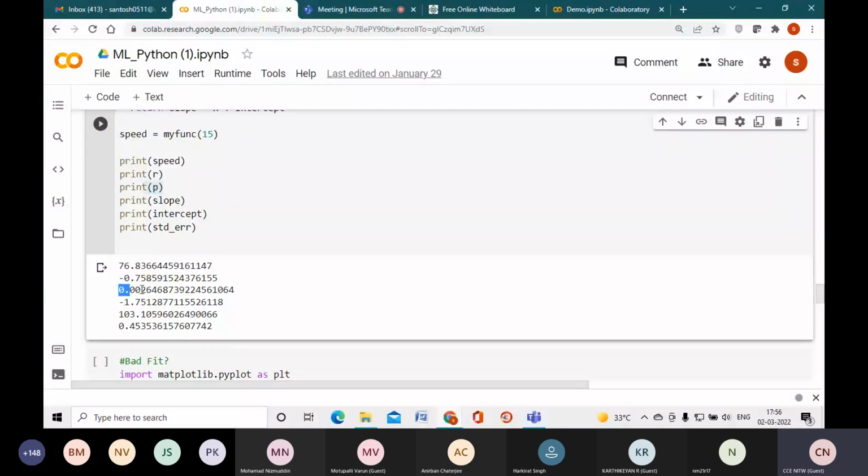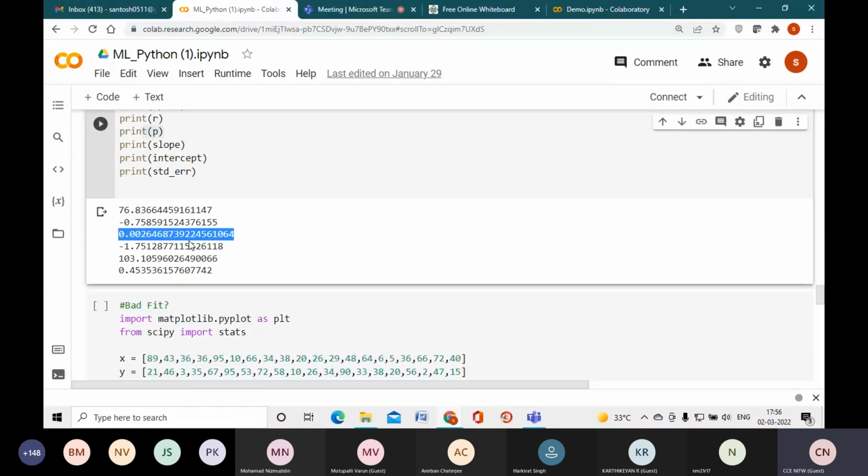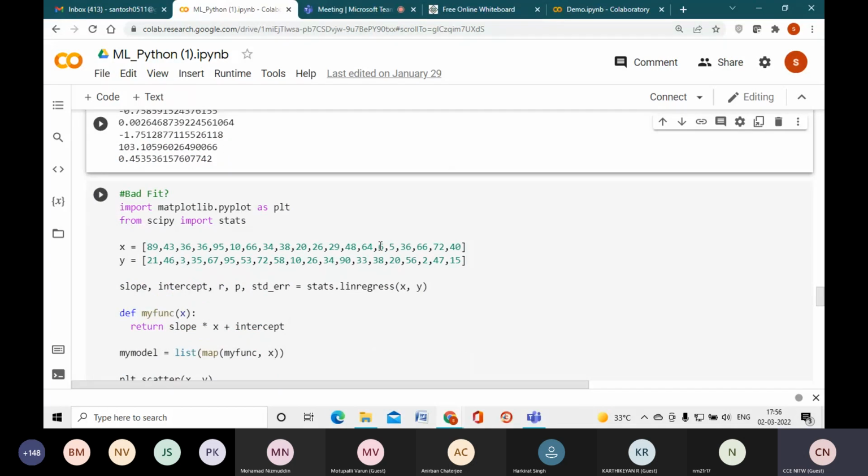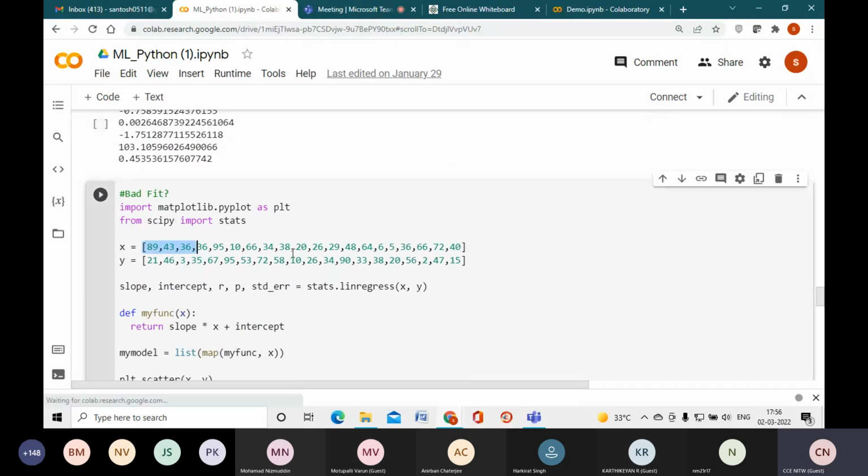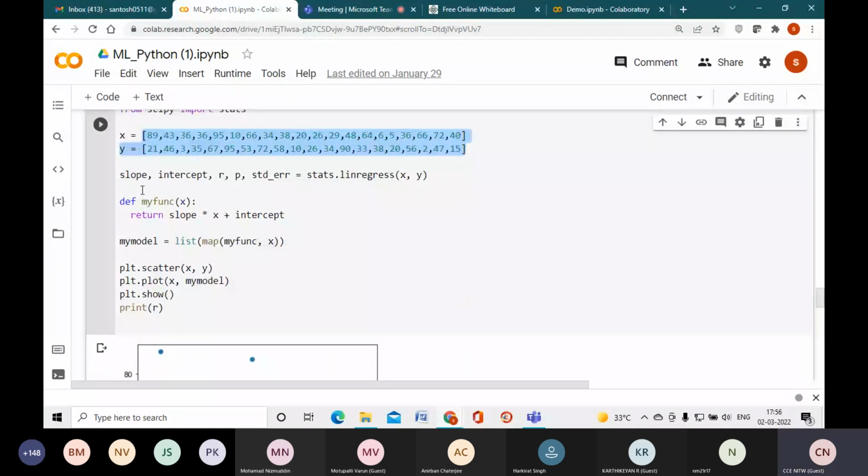You can search for it. What p actually does is it is again a statistical measure, and I have printed the slope value here. I have printed the intercept value, and I printed the standard error value. But you can print all of this. Now, if I have a bad fit data,